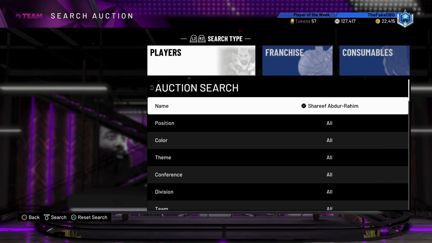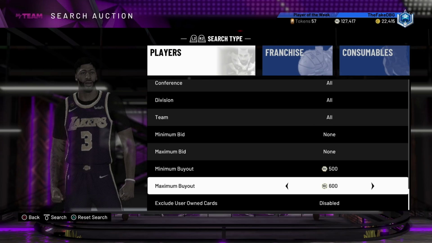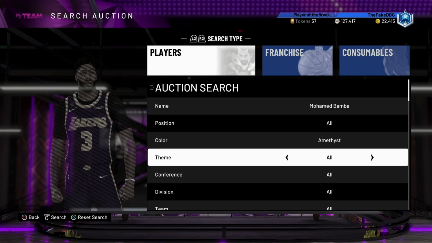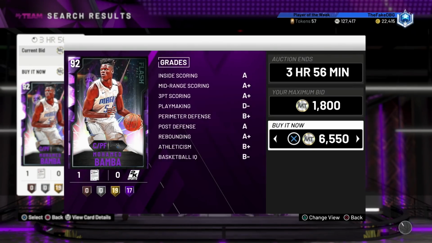And then at number 8, we've got a center that a lot of people are going to expect to be way, way higher. And I'm going to explain the reason why he's only at number 8 right now. And it's Mo Bamba. So, Mo Bamba is not cheap. He is not cheap at all. So, that's a snipe. And it's under...